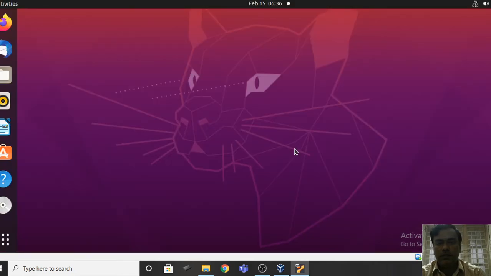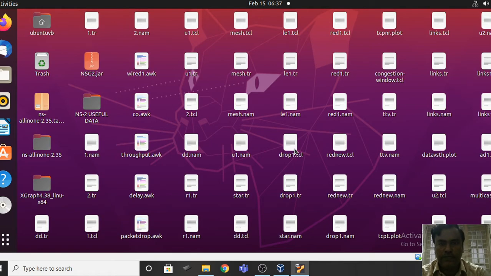First we will design a network. And then, without changing the network, just by changing any one of the parameters, you are going to find the other quality of service parameters.